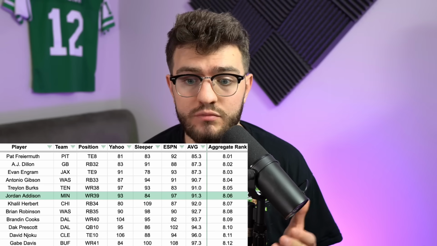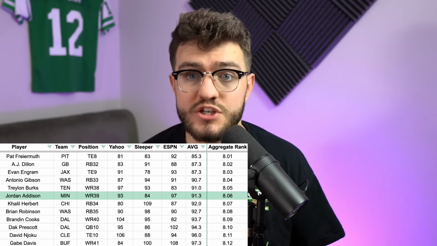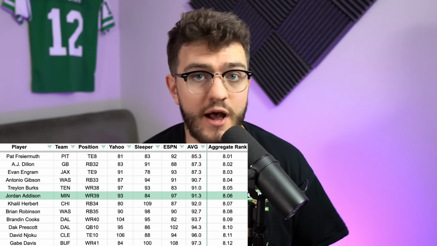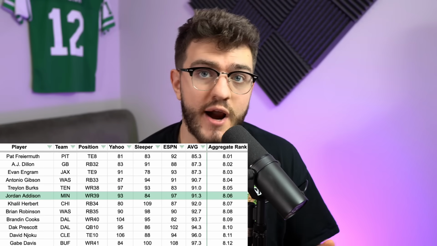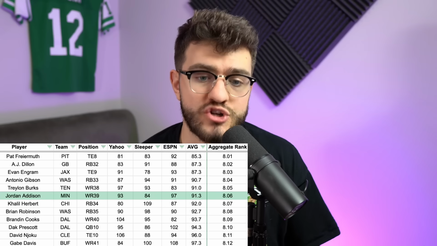There's a ton of volume to go around. After what Jefferson takes, this is a team that was top 3 in pass attempts last year, top 10 in scoring. There is plenty to go around in this passing offense. To me, Jordan Addison comes in and can kind of do what Adam Thielen did early on in Jefferson's career.